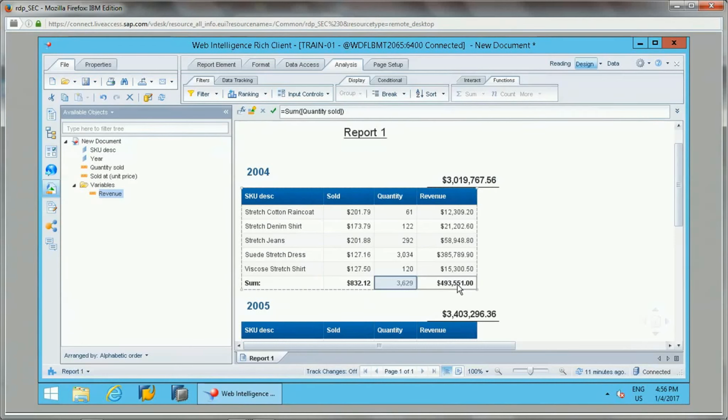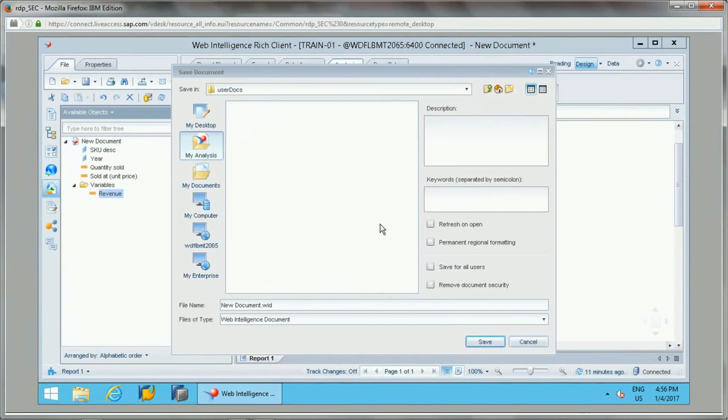How we can force the input calculation context, we will see in the next example. For now I'll just save this as an input context, because we will need this example in next sections.